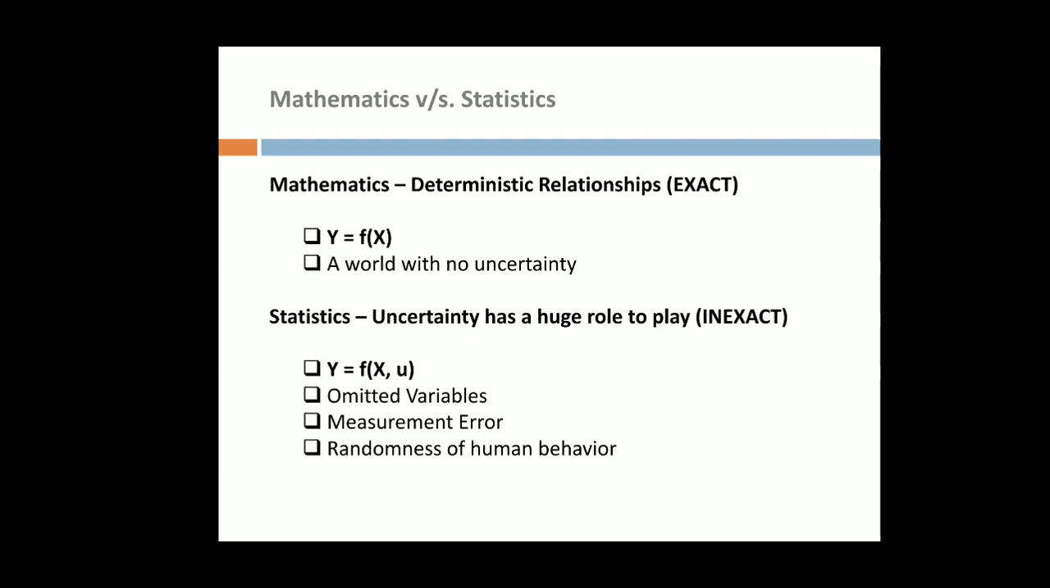Now what statistics tells us is that there's a huge role of uncertainty in the real world. So statistics deals with inexact relationships where they slightly modify the above function and describes this function as y equal to function of x and u, where u is this additional term which addresses the concept of uncertainty. So what this u denotes is basically, for example,